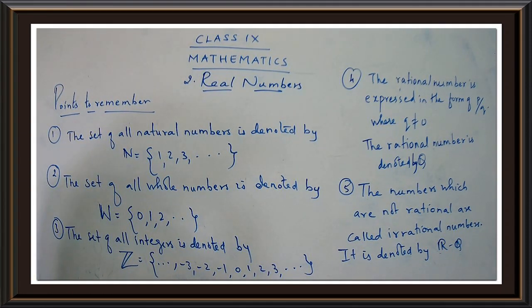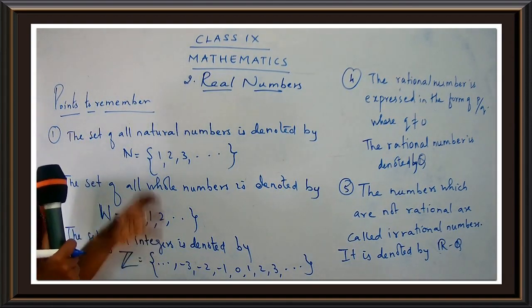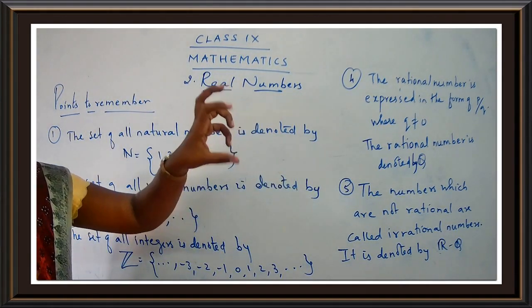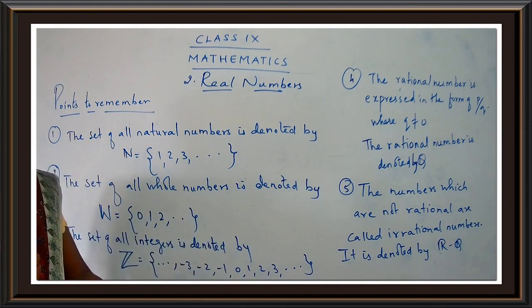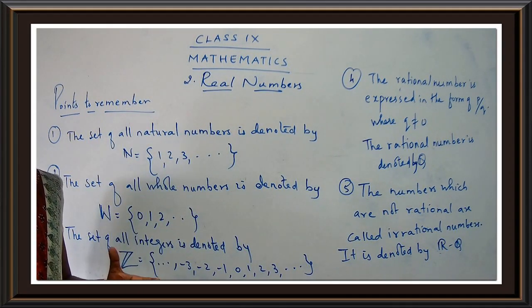Yes. So then we have many more things which will be dealt with in the coming lessons, the coming classes. So just think of a real number. A real number consists of a rational number and an irrational number. That means in simple terms we can say that under real numbers we have mostly all the numbers. Are you getting my point?